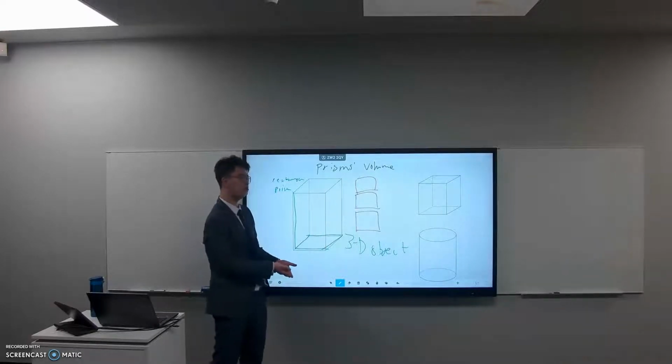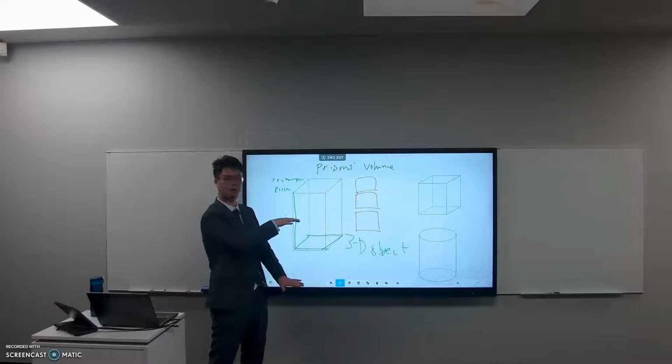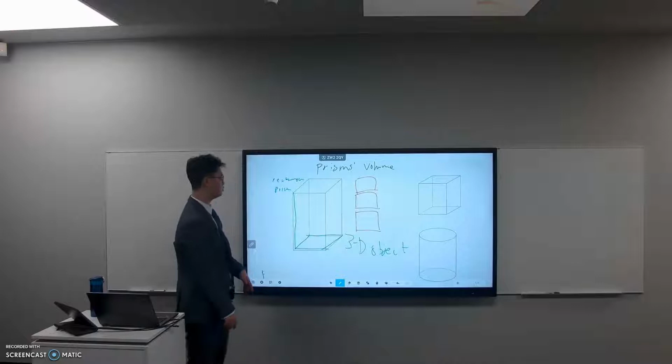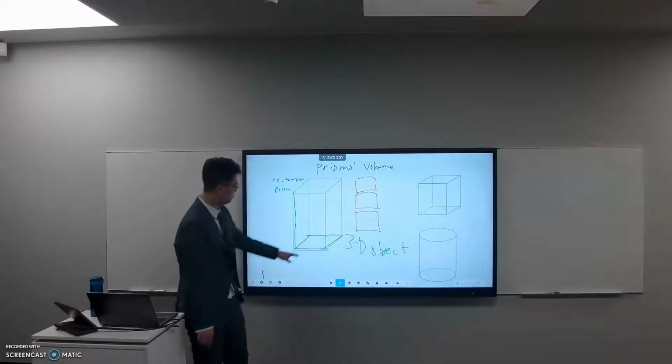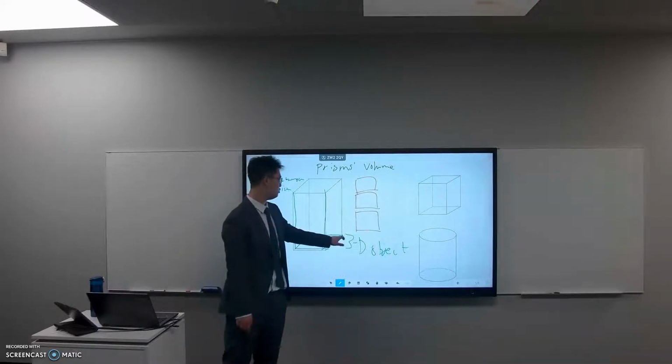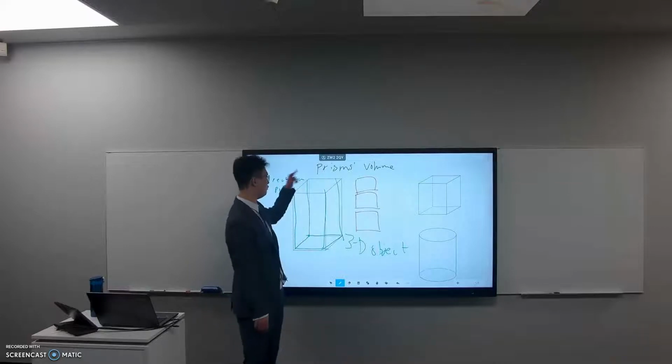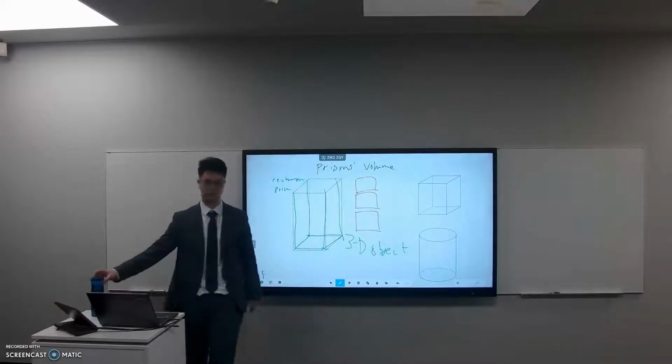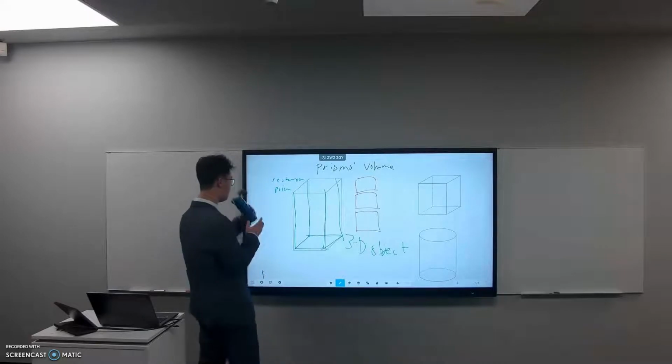It's like a piece of paper, and then you have a pile of paper, like 500 papers. Bam, it becomes a prism. It becomes a three-dimensional object. This is a similar concept. So, from there, you might be wondering, how do you find the volume of a prism? Well, let me tell you,